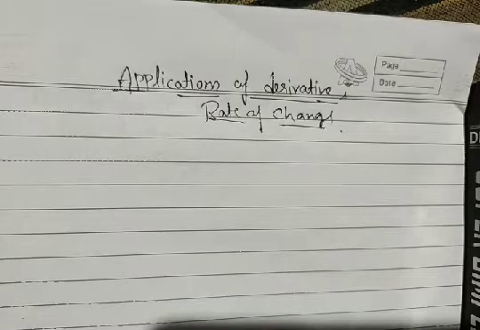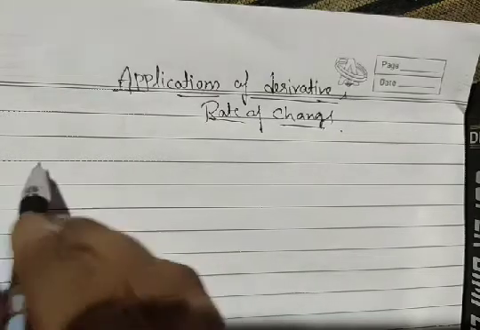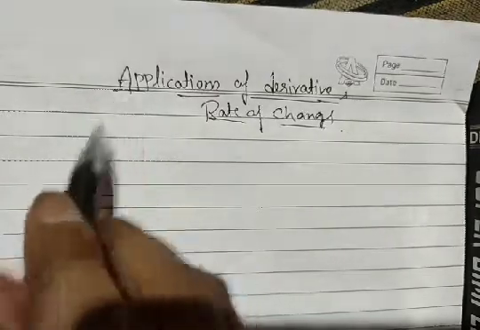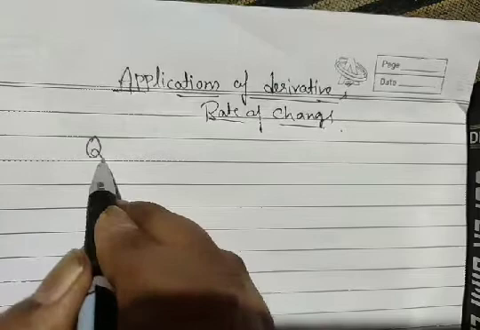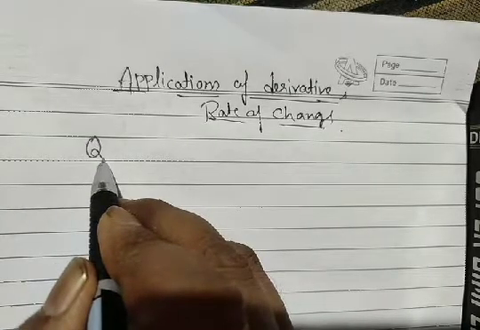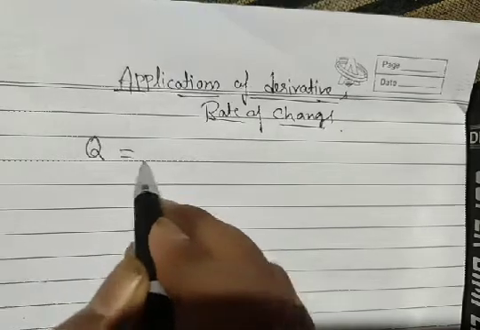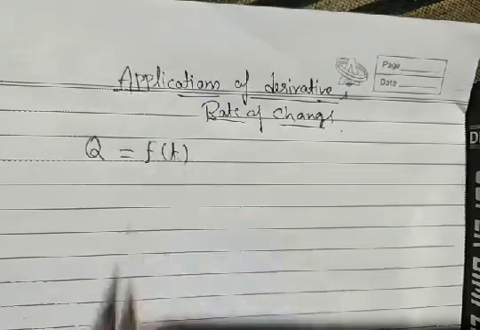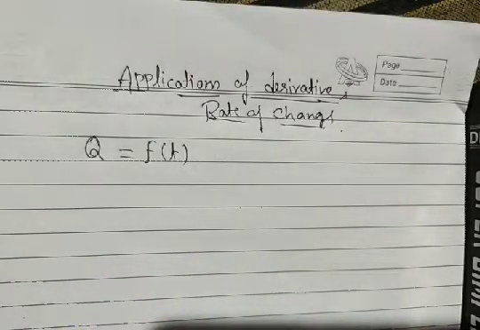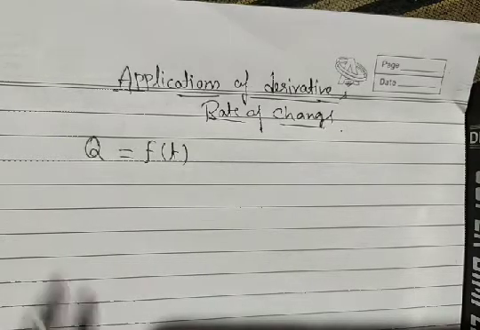Calculus was created to describe how quantities change. Suppose that q is a quantity that varies with time t. This quantity varies over a time interval, which means q is a function of time, where our function is q.